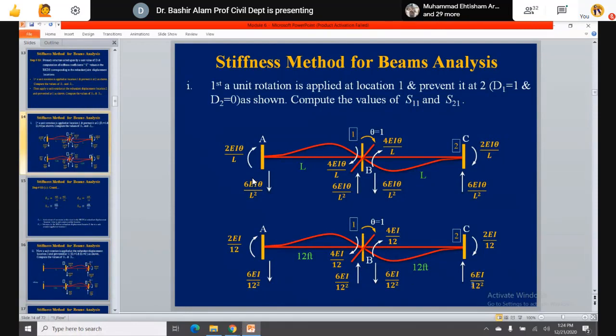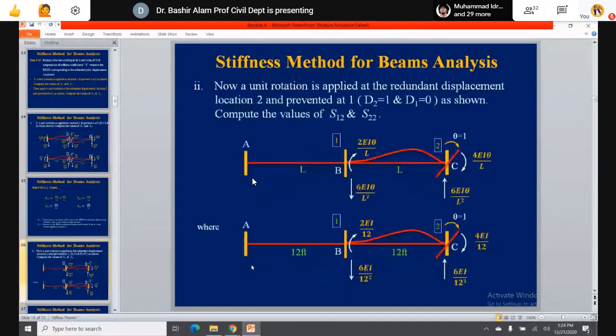So I need only these values. I don't need to go through all these values. Similarly, for the second column, I need only this value and this value. I don't need these support reactions. So based on your need, you will have to find out those member indexes and then you run the matrix, this calculations को आप run कर लें।